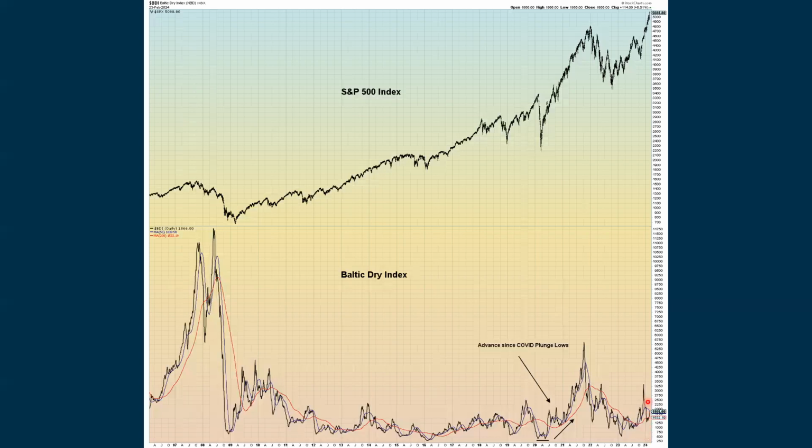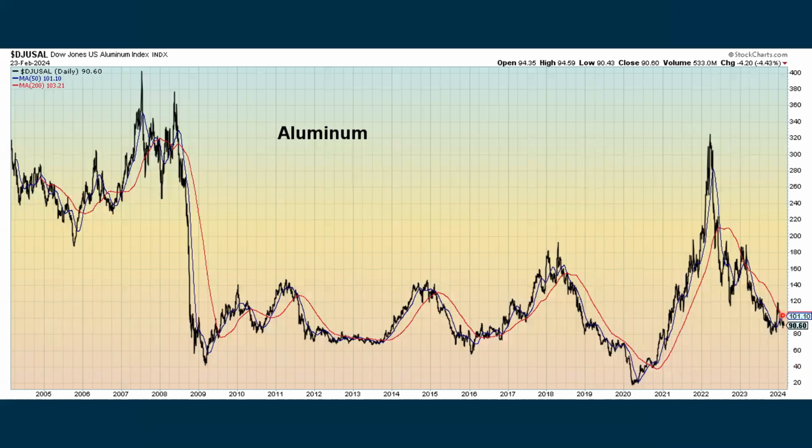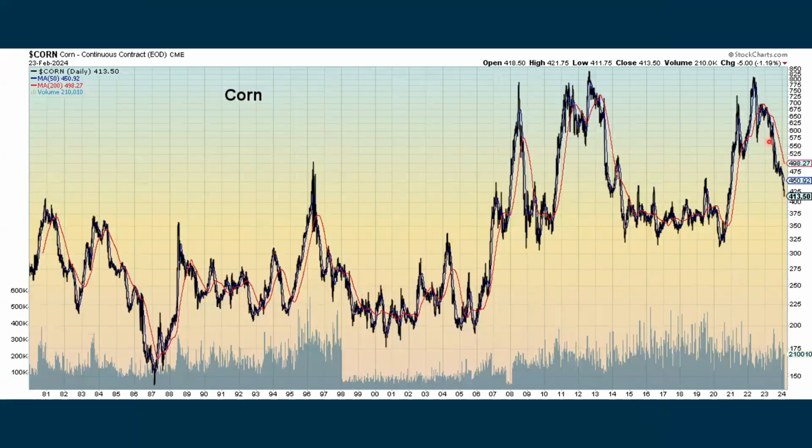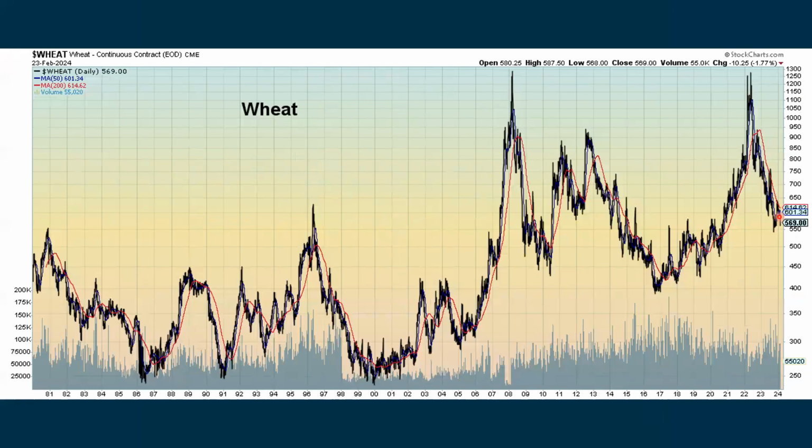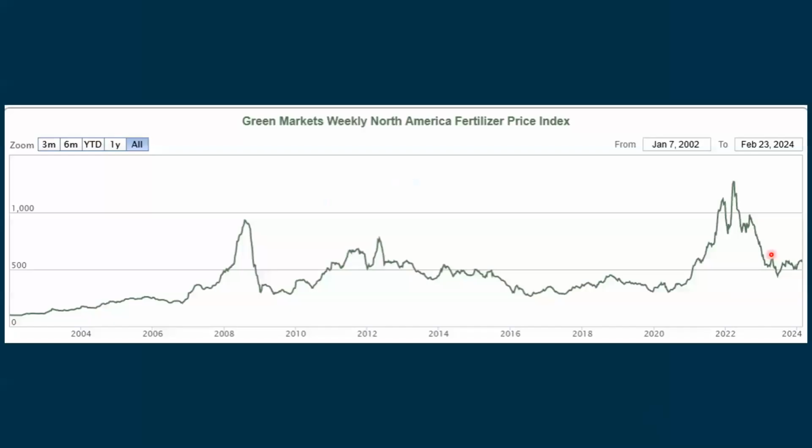It's still in a longer-term uptrend, even after coming back down, but now it's starting to go back up. Some other markets, aluminum, which has been bouncing around quite a bit lately, but is still in a longer-term downtrend. Corn has really been falling down here lately, and that's in a downtrend. Wheat has also been falling down and is in a downtrend. And fertilizer, which has been coming down and then chopping more or less sideways, it has been bouncing back up